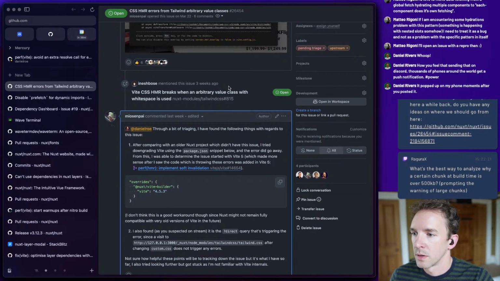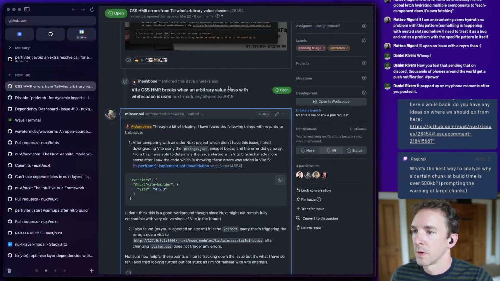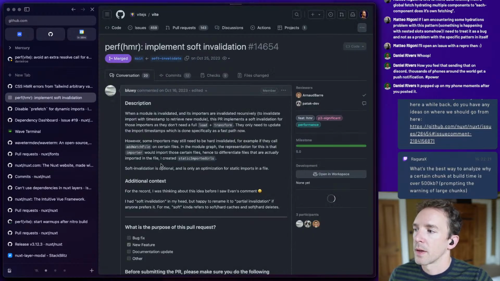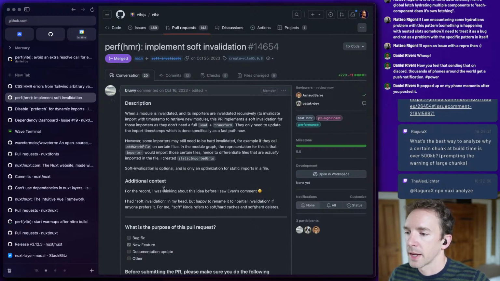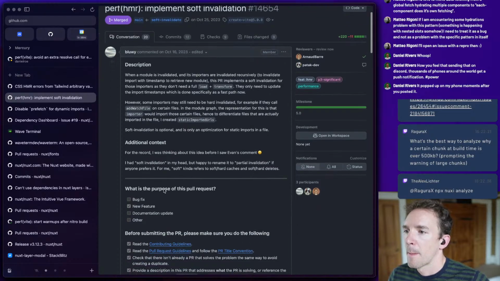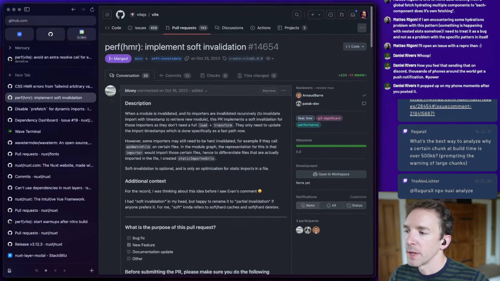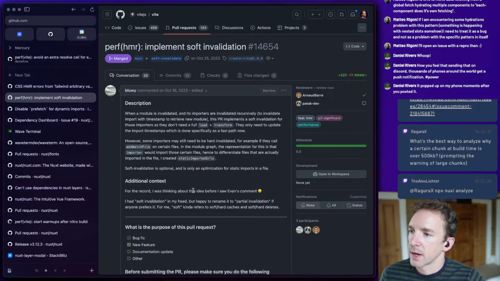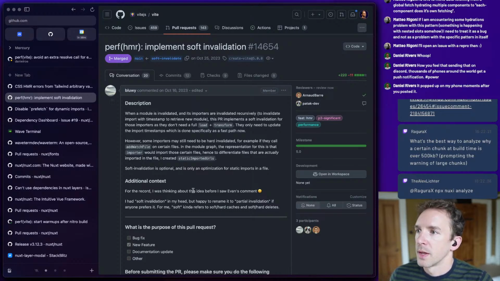Well, it might not be, but it might be. So Matthias Patak. Oh, by the way, you probably can ignore the large chunk warning for your Vite server build. It's only really the client build that you would care about.